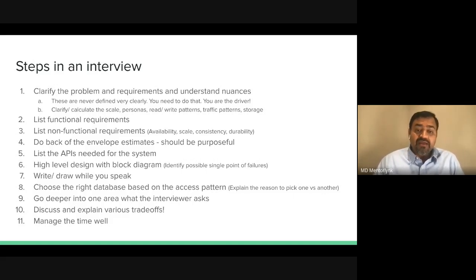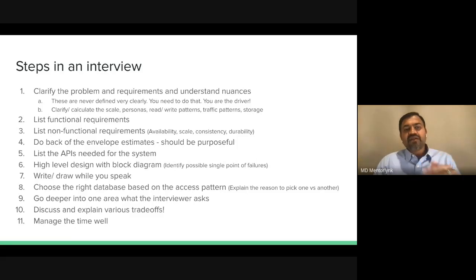That is there, but also remember that it should be purposeful. It should not be like you start doing that and invest 5 to 7 to 10 minutes just doing the calculations on the big numbers by hand, or if you are doing a remote interview, maybe you pull down your calculator and start doing those things. That is fine, but think about why you are doing those calculations. Stating that is very, very important.